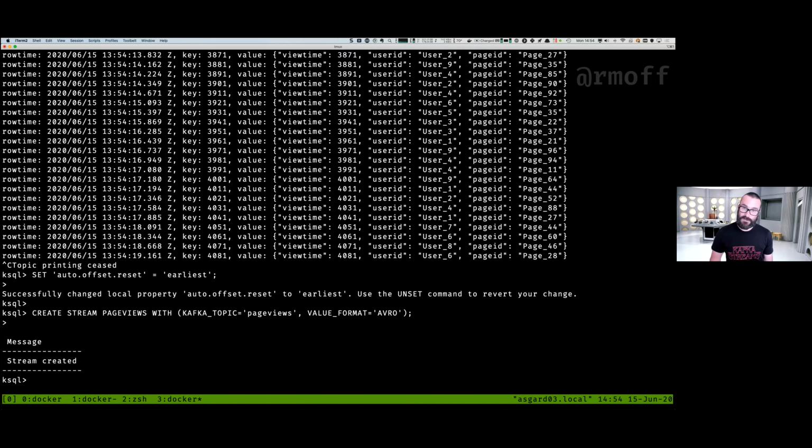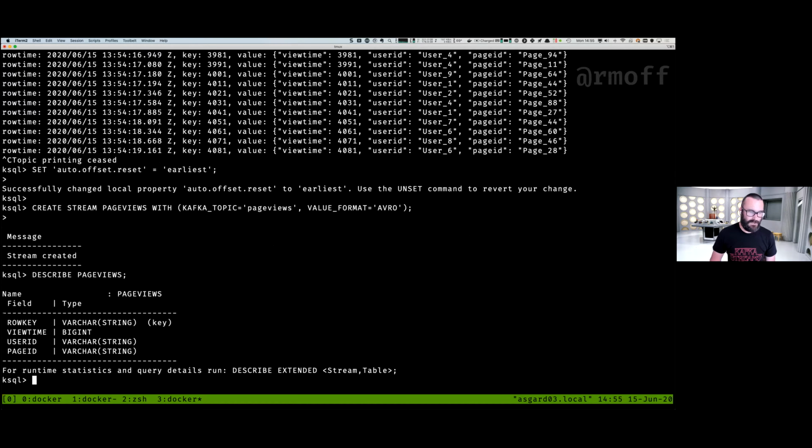And when I want to use that data, I don't want to go to the person who wrote that data and say, what are these fields? And is that an integer or is it an epoch? And is there a missing field here? Is there a default for that field? I just want to say, go and use this topic. And that's what I've done here. Create stream page views against this Kafka topic. And the value format is Avro. Because it's Avro, we've got access to the schema because it's stored in the Confluent Schema Registry. And when I say, tell me about this particular stream, it says, well, here is the schema for this stream.